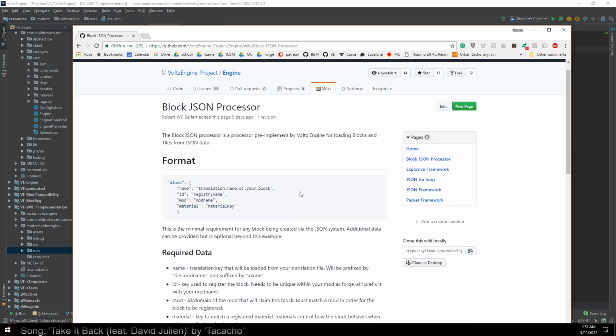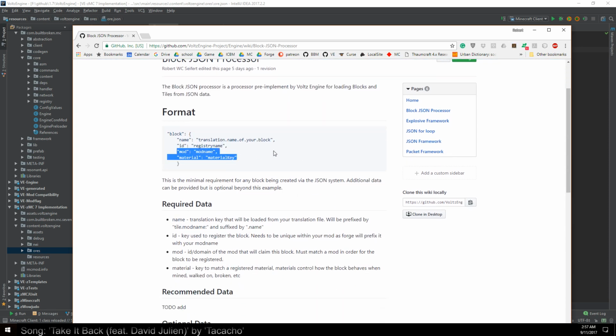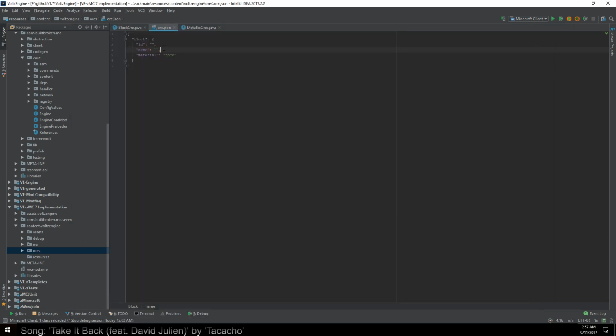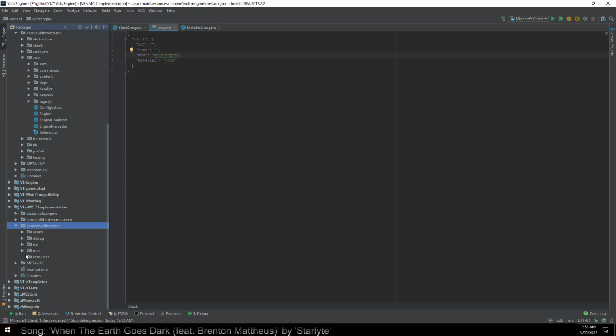So here's the block JSON processor. Oh yeah, we need the mod. That'd be necessary, because how this works is VoltzEngine itself will do a pass, and it'll go through each mod and ask, okay, what content do you want to load? It'll look at this content folder, scan through it, and load up all the content from here. It'll make the files, turn them into something. Then it'll do another pass and ask, okay, who owns these files? And if you don't have a mod ID in here, it's not going to load,